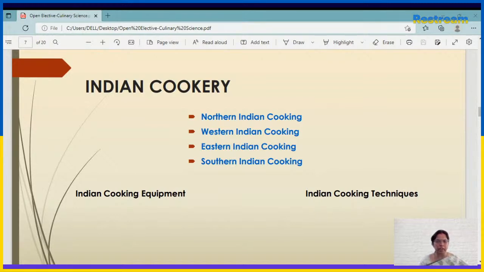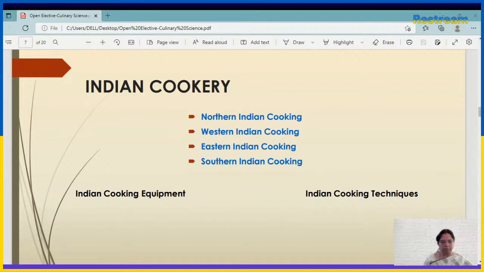So vegetables and lentils are used in plenty. So instead of plain breads, we use the most abundant one, that is rice cooking. So rice in different forms like dosas, vegetable uttapams or idlis, etc.